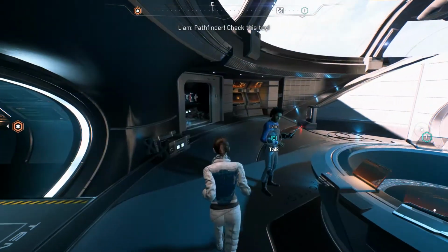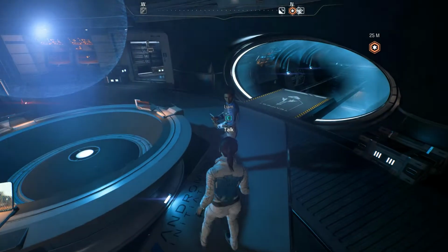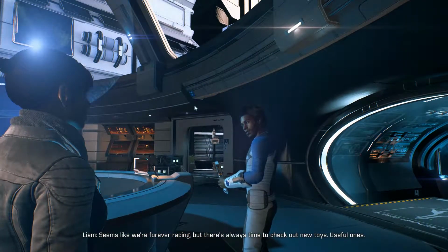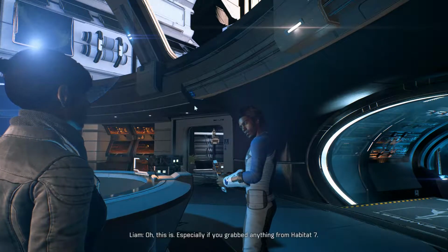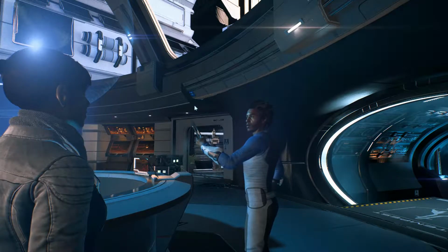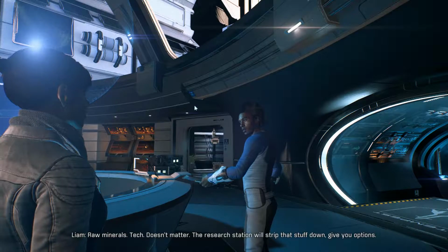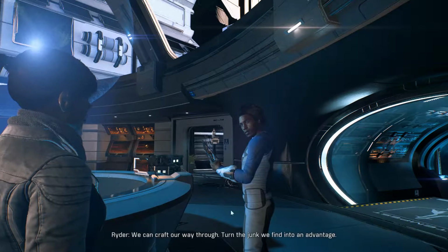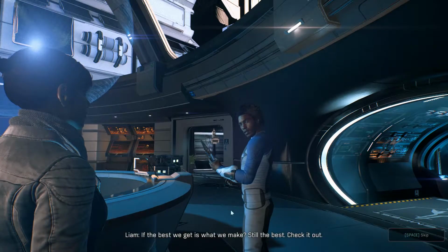Let's keep going. Pathfinder, check this toy. What toy? Seems like we're forever racing, but there's always time to check out new toys. Useful ones. I'm all about what's useful. Especially if you grabbed anything from Habitat 7. Raw minerals, tech, doesn't matter. The research station will strip that stuff down, give you options. We can craft our way through. Turn the junk we find... Yeah. Hey, if the best we get is...